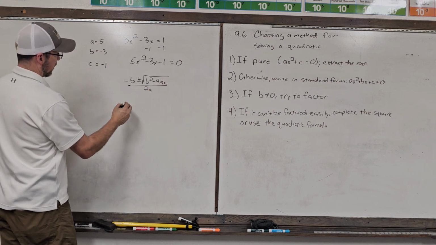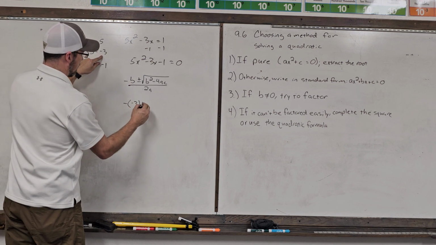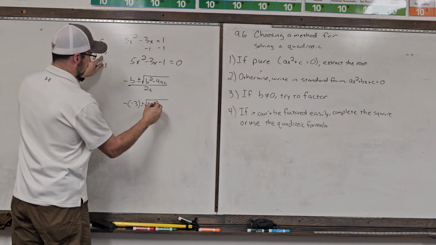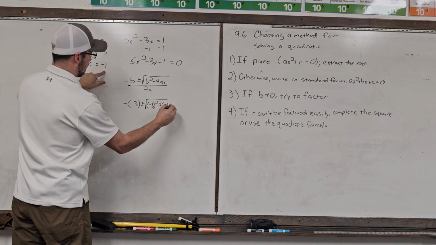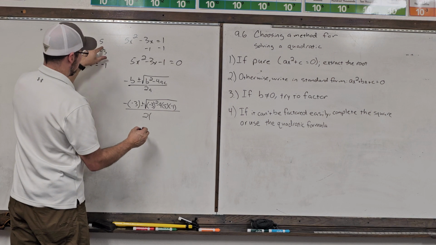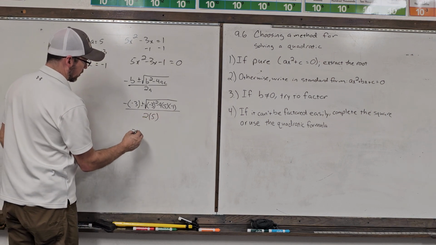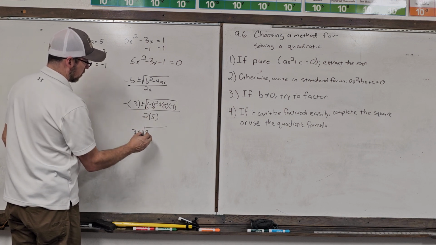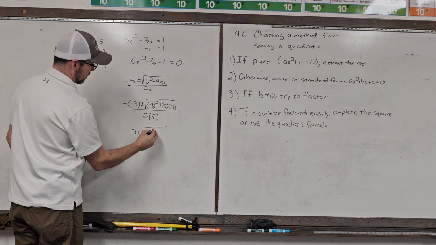So I'm going to start plugging them in. Instead of b, I'm going to have negative 3, plus or minus the square root of, instead of b, negative 3 again, squared, minus 4 times a is 5, c is negative 1, all over 2 times a is 5. Negative 3 is positive 3, plus or minus the square root of negative 3 squared is 9, minus 4 times 5 is 20, times negative 1 is negative 20,